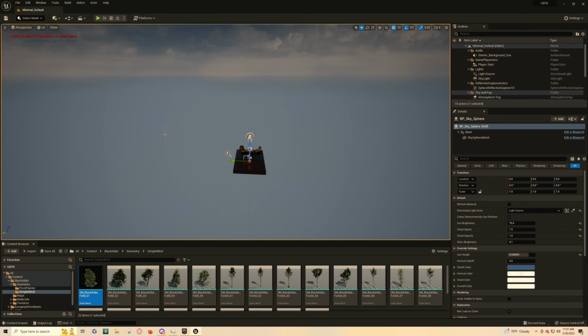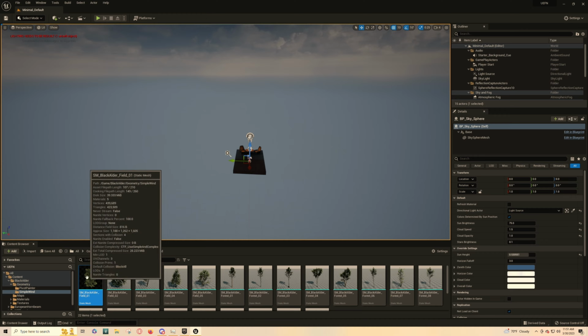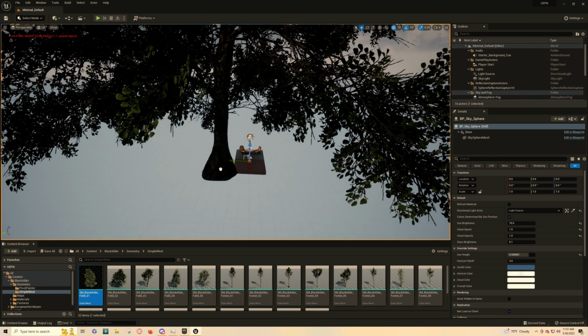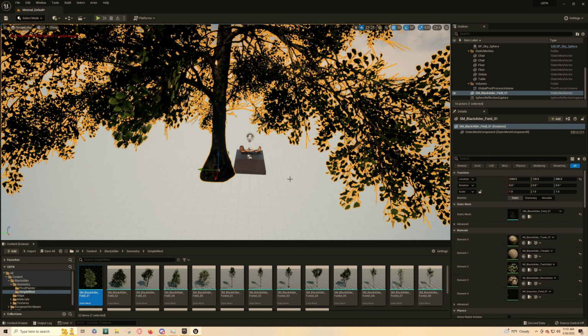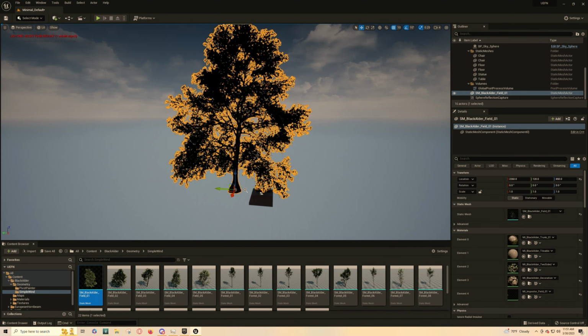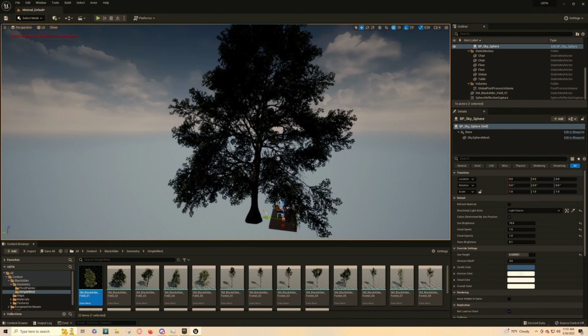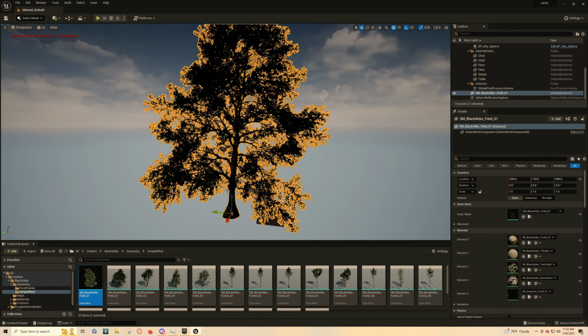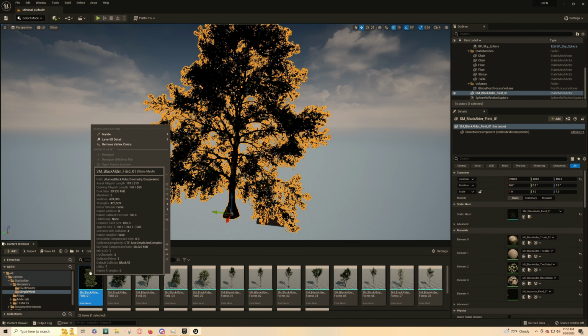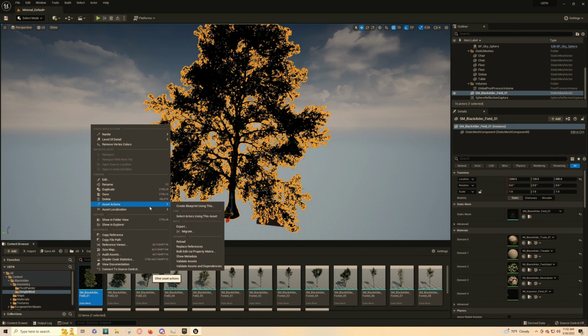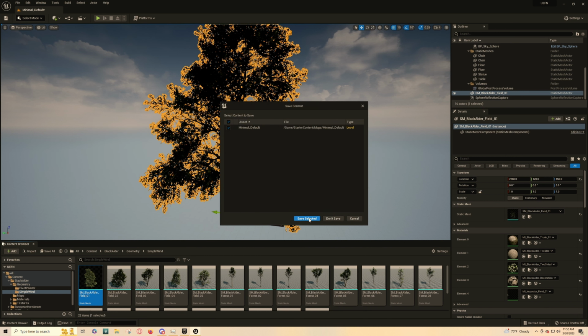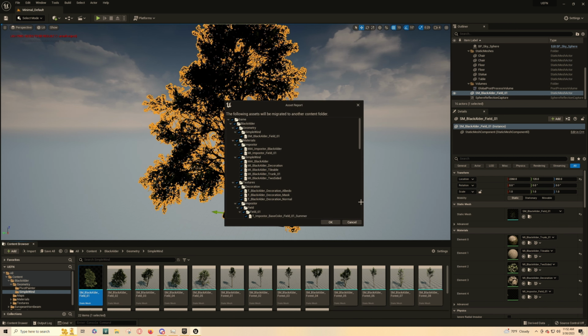Alright, so now that it has been added to your project in Unreal Engine, all you have to do is go ahead and go to what you have, and then you find what object you want. Now, I want this black alder tree right here, beautiful looking tree. It'd be great inside a scene in Fortnite. What you have to do is real simple. Right click on the item itself, go over to Asset Actions, and migrate the asset. So you click on Migrate, save the selected on here,